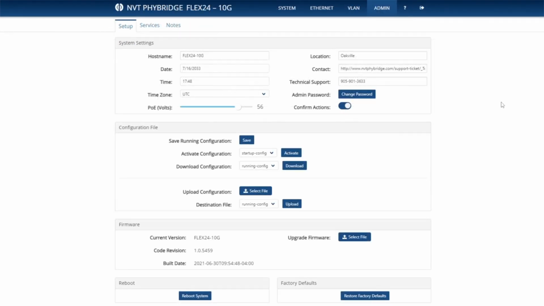Our 4th and final page is the Admin page, which is divided into 3 tabs. The tabs are Setup, Services, and Notes. The Setup tab allows for the configuration of basic switch settings within the system settings. From here, we can change the host name, date and time, as well as the power over Ethernet voltage per port. We can also export and import existing configurations, factory default the device remotely, and reboot the system within the